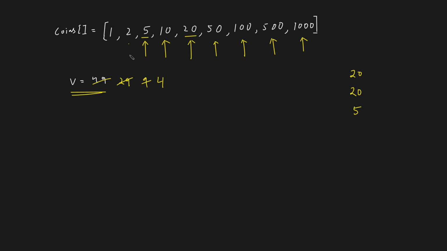So we simply go back and check if our 2 rupee denomination can be used. And yes, it can be used. So we are going to use it, and we are going to reduce 2 from 4. So we are left over with 2. Now we again check if a 2 rupee denomination can be used. So we see that we again can use it. So let's use it. And now we are left over with 0.